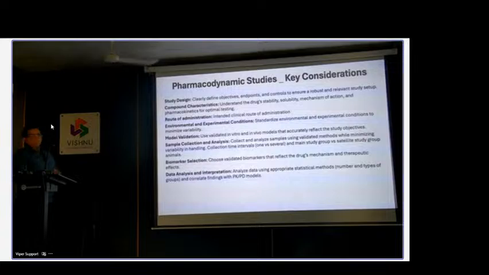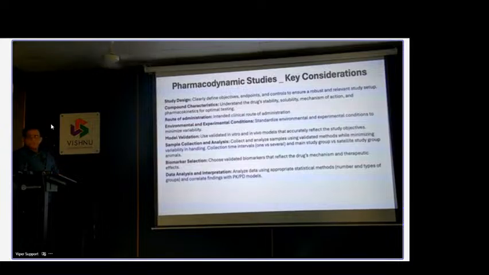So, compound characteristics, like the stability of the compound. You cannot say, I have a compound sitting in my refrigerator from the last 2 or 20 years, but it's still the same. No, that is not true. So you need to have the right compound to test, and the route of administration is usually the same as the clinically indicated route of administration, and there could be an exception depending on the formulations or any chemical issues.